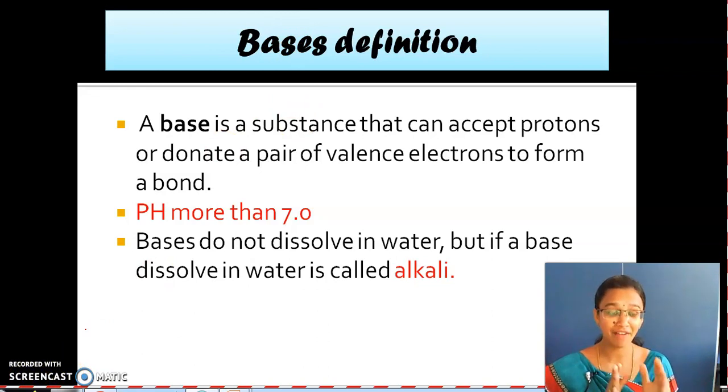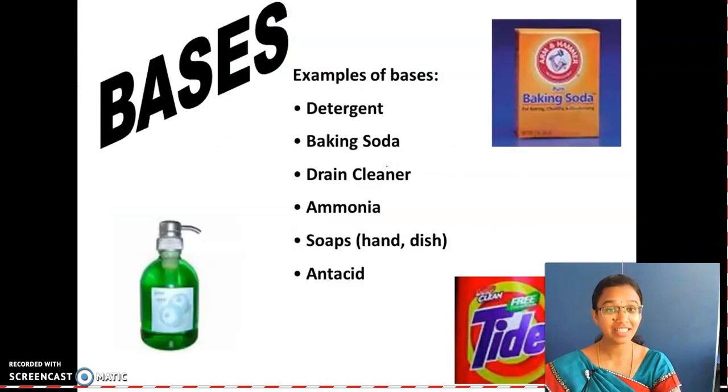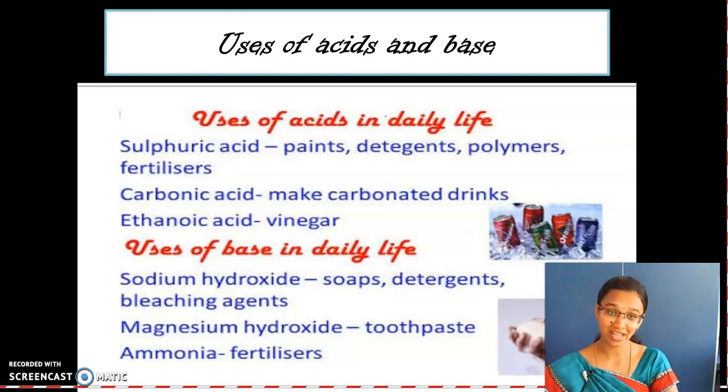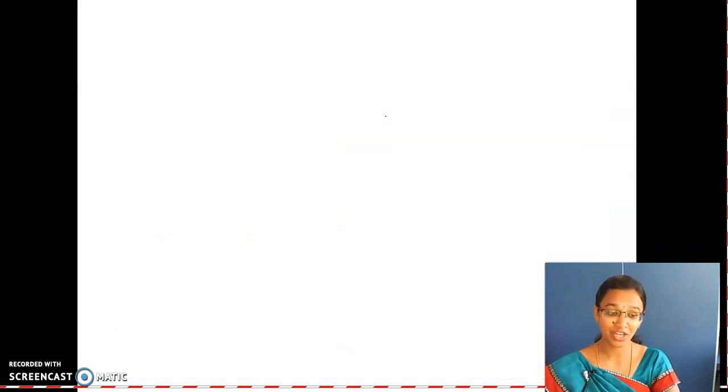Yes children, now we don't have enough time to discuss these bases. So in the next class also, we will be discussing the introduction, that is the definition of acids and bases. I hope up to this you are all clear, up to the examples. In the next class, we will be seeing the bases definition, properties of acids and bases, and then uses. So we are going to continue with this next class. Don't worry, I'll take you again through acids and bases up to the bases definition.